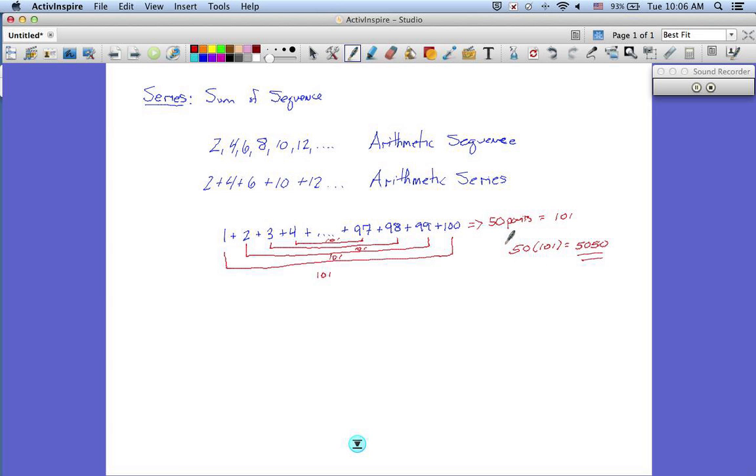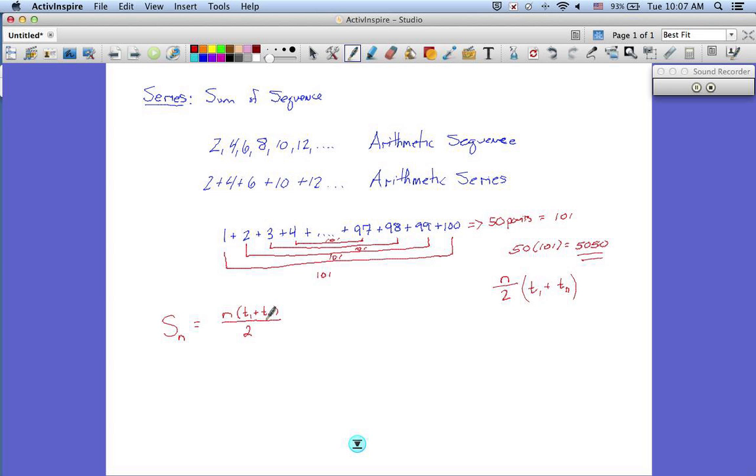Think about how we got that. 50. Why are there 50 pairs? Well, there's 100 numbers divided by 2, because there's 2 in a pair. I took the total amount of terms, n, and divided by 2. Where did I get 101 from? Well, I took the first term, and I took the last term. There's my formula for an arithmetic sum. So S sub n for arithmetic, I'm going to write it slightly different now, is n times T1 plus Tn